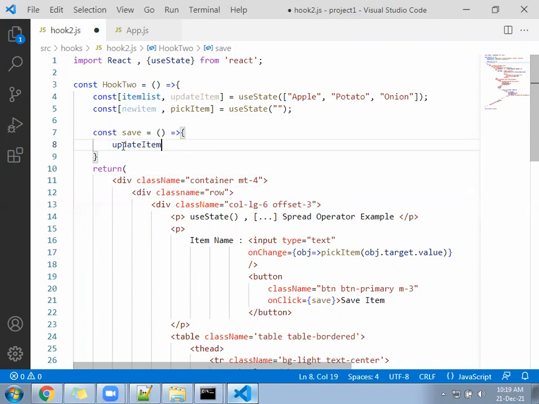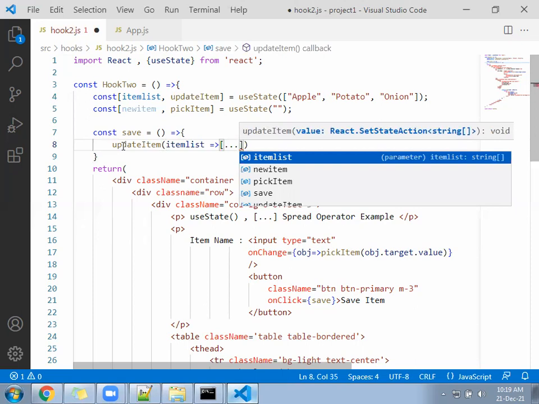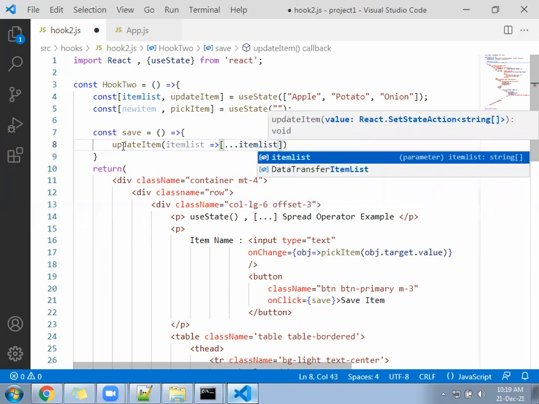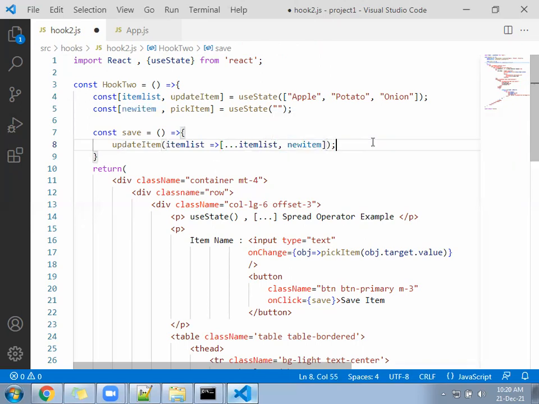Under the updateItem function, you will first write the name of the array. What is the name of the array? itemList. Arrow method you will follow, and you will use three dots here. Then again you have to use the array name, and comma, the newItem. So it will be able to add under the list directly. Simple.